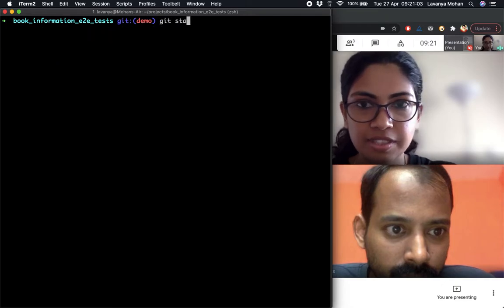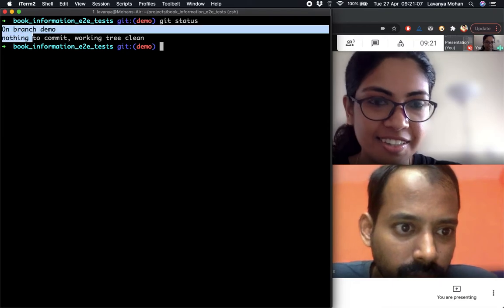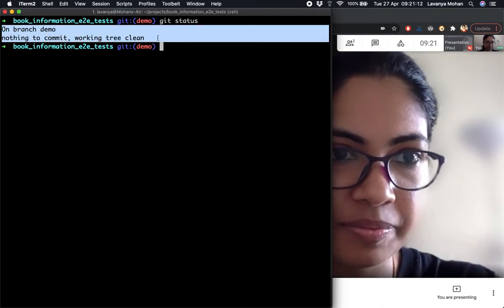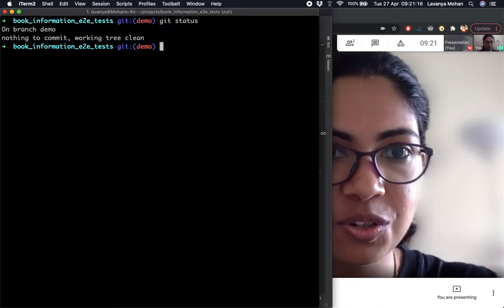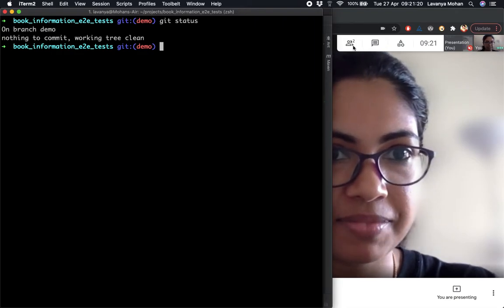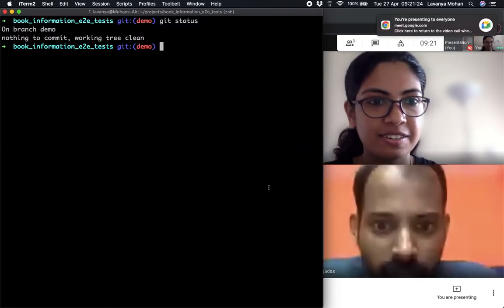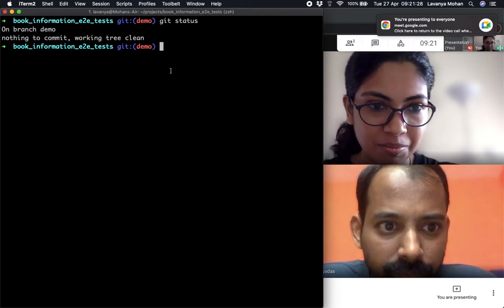So now if we see git status, it says that on branch demo, nothing to commit. Now we know that we made a commit, right?